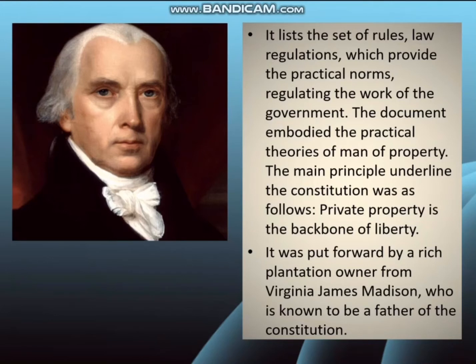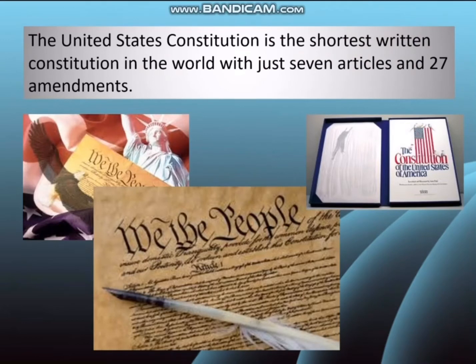The main principle underlying the Constitution was as follows. Private property is the backbone of liberty. It was put forward by a rich plantation owner from Virginia, James Madison, who is known to be a father of the Constitution. The United States Constitution is the shortest written constitution in the world, with just 7 articles and